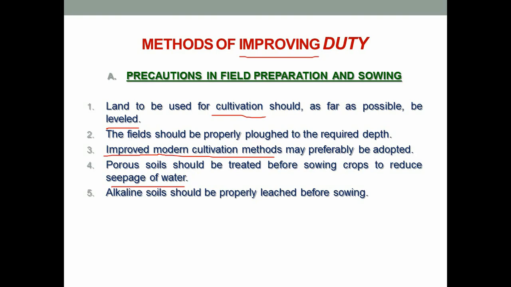Next point, alkaline soil should be properly leached. Alkaline soil, these are two important words. Alkaline soils should be properly leached before sowing. Now what happens in alkaline soils is that the soils become impermeable. The water does not enter the pores of the soil, and this can be pretty dangerous or pretty useless